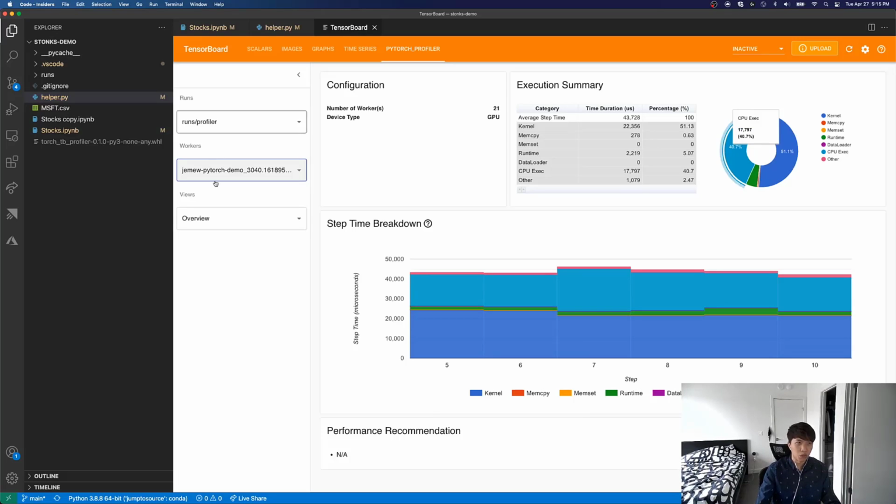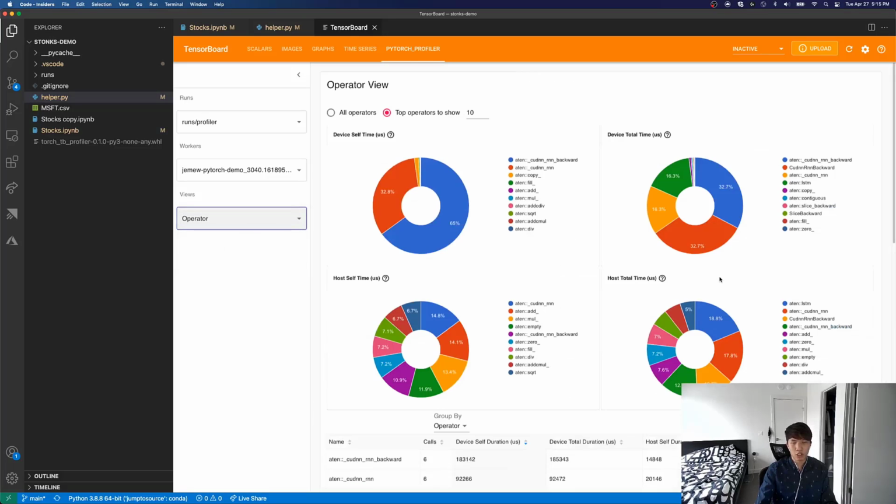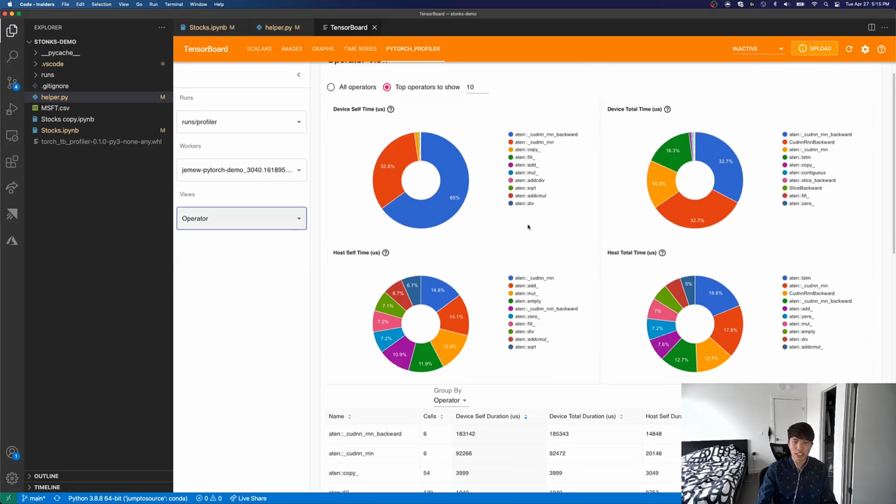There's so many things you can do with TensorBoard and the PyTorch profiler, so I would just look for the documentation there if you want to learn more about it. But the only other cool feature I want to point out, which is coming soon, is the ability to jump to source. So if I go into this operator view, which represents all the functions and how often they're getting called by my training job,